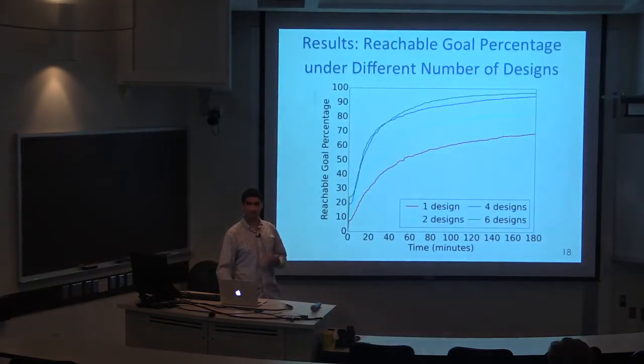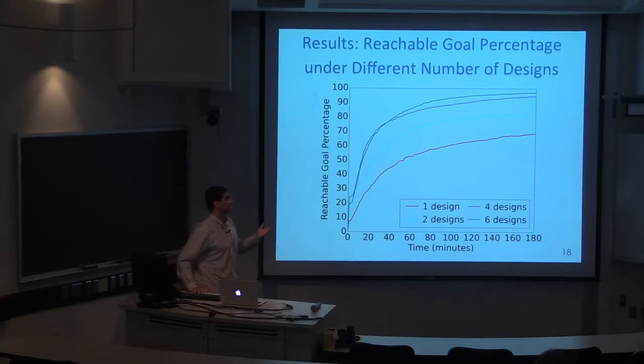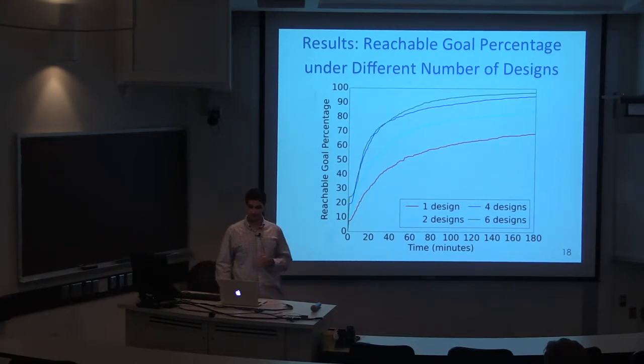And here are some quantitative results in support of this conjecture. We can see that in the red, one design after many hours of computation was only able to reach a little under 70% of the lung, whereas if we use six designs in conjunction, we can reach 97% of the lung. So applying the same method that I mentioned before of adaptive simulated annealing and the RRT algorithm,